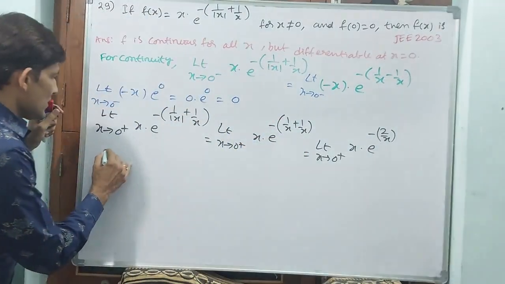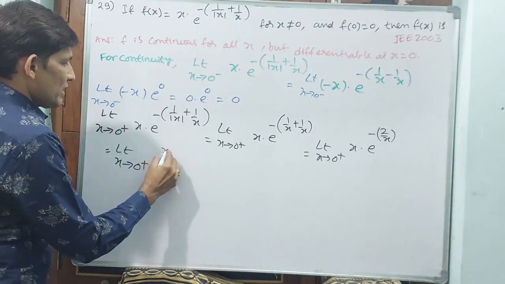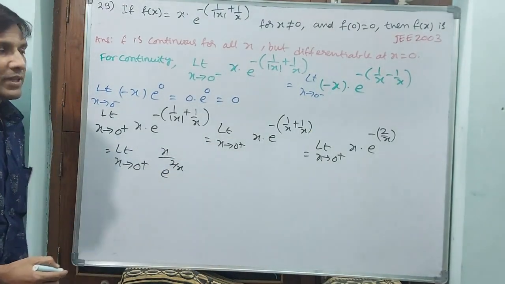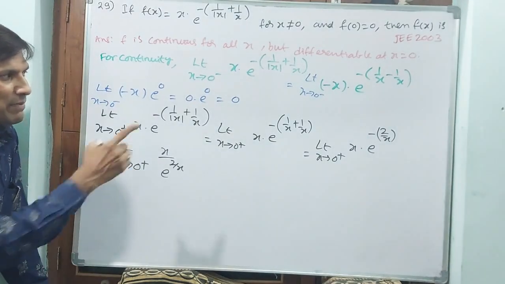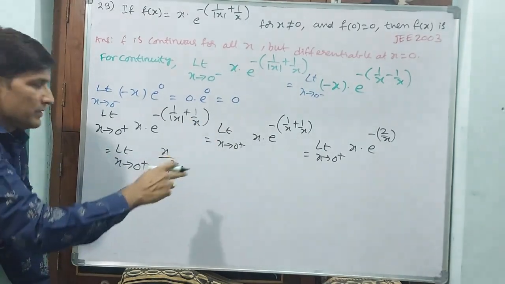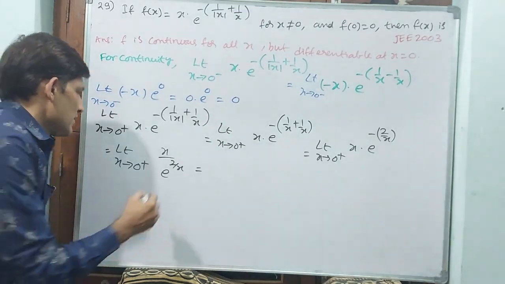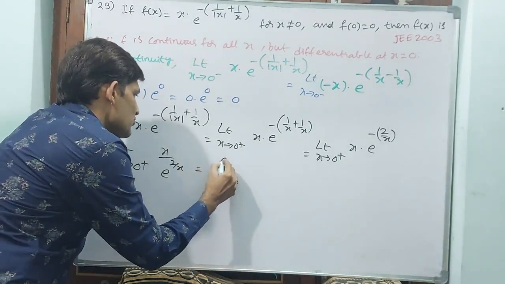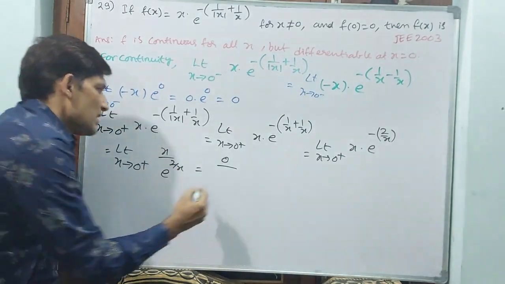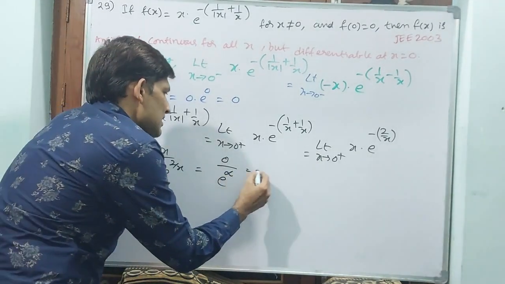This shall I take like this: limit x tends to 0 plus of x divided by e^(2/x). That we can also take. Why? Because a minus sign in the exponent means we can take it to the denominator. In the numerator there is 0, so you need not bother, but in the denominator it is not 0. Now you tell me, I am going to apply the limit. Whether 0 plus or 0 minus, the application of the limit is 0 only, that we know very well. E power infinity. Why? Because 2 by 0 means infinity will come. Automatically 0 by infinity.